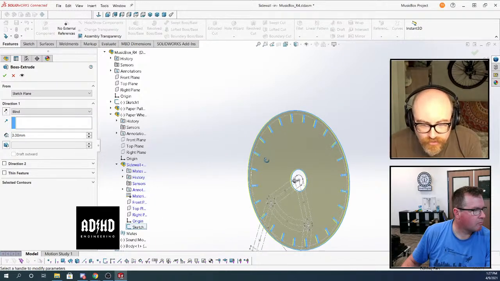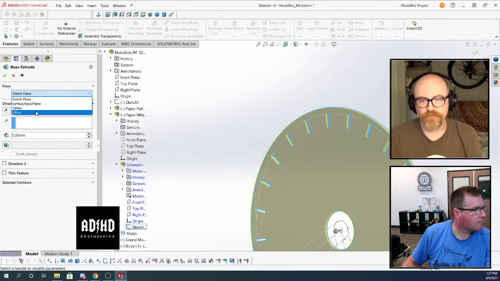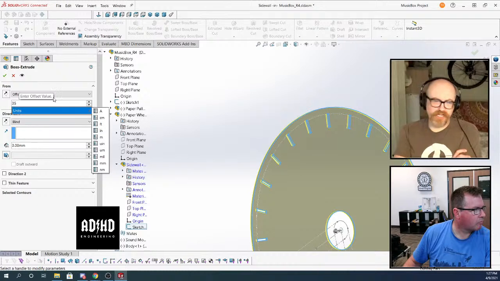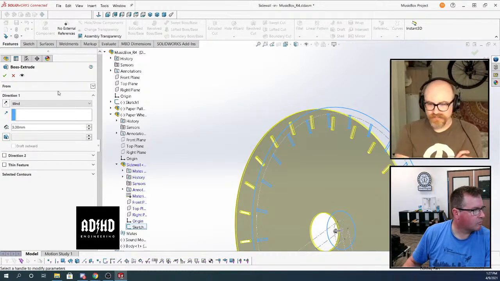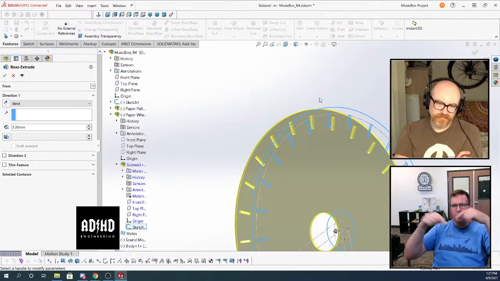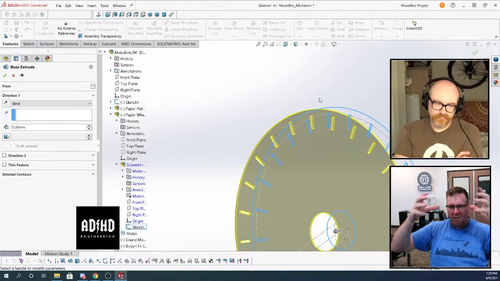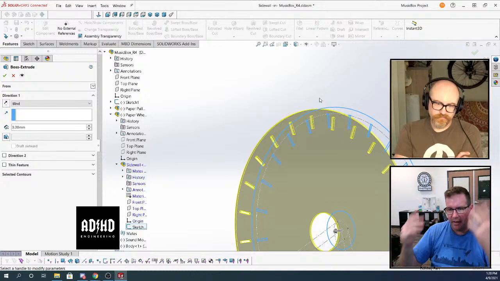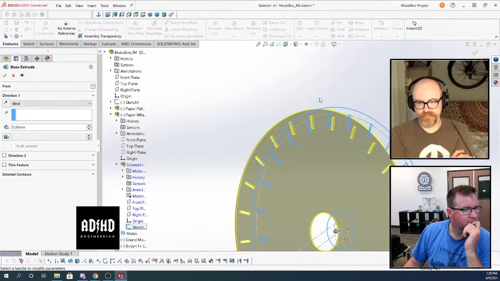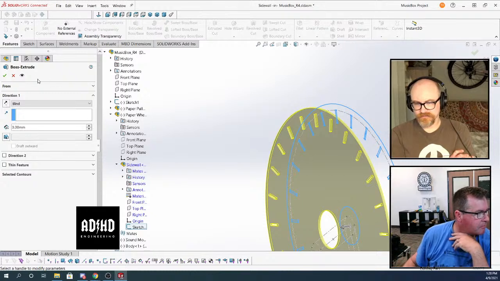You do. What's up with the circle? In fact, you have two closed profiles in there that you don't need. Those should be construction. Or actually, why do you even have them in that sketch? Well, because there's going to be a flange around the paper where the paper's going to roll up, and the paper's not going to be totally external to the wheel like Martin had it. There's actually going to be a lip. It's going to be like a flanged pulley. I get it, but you're extruding the connector bars, right? This is the side wall. There's going to be some spokes in here eventually.